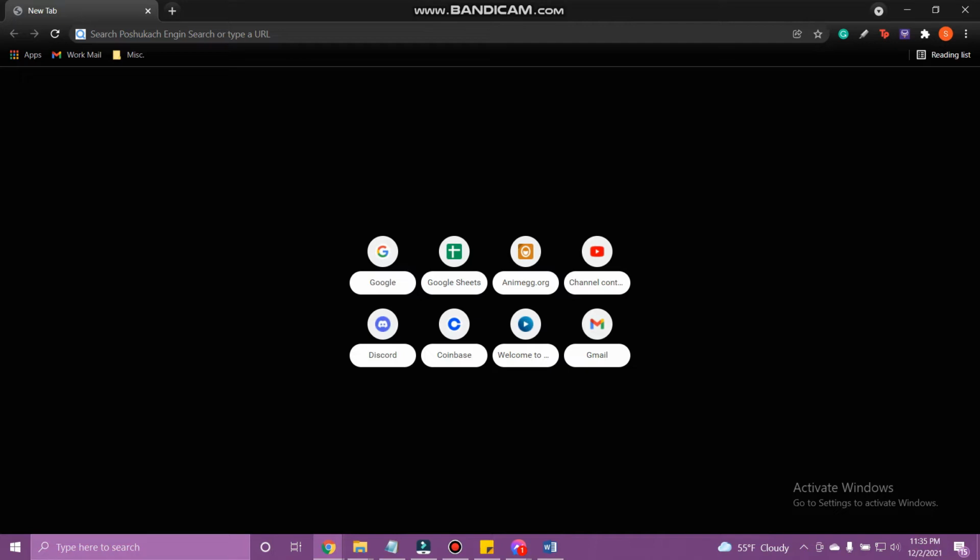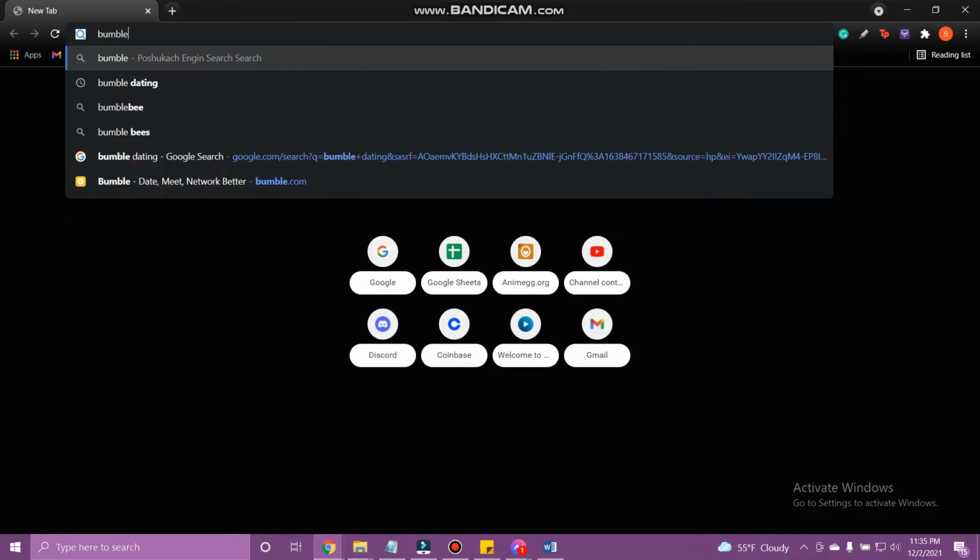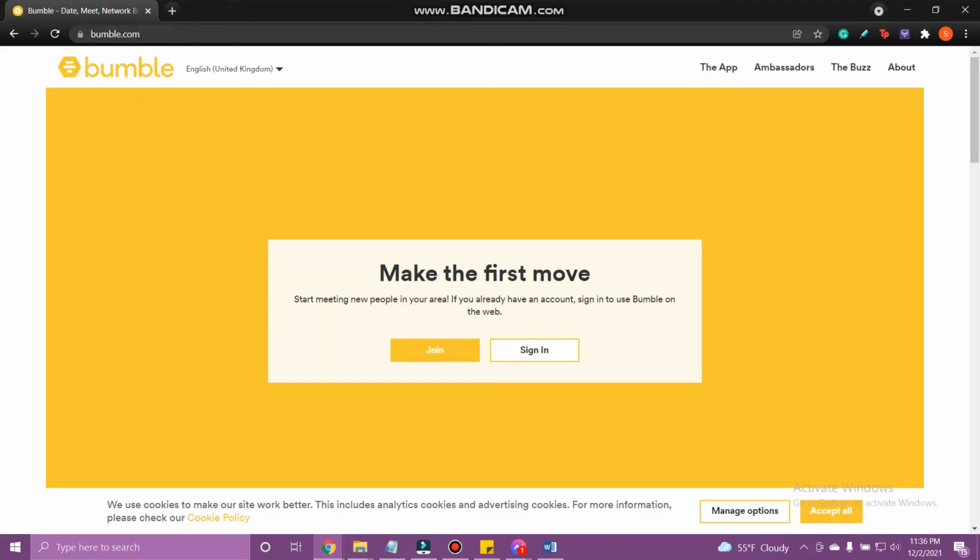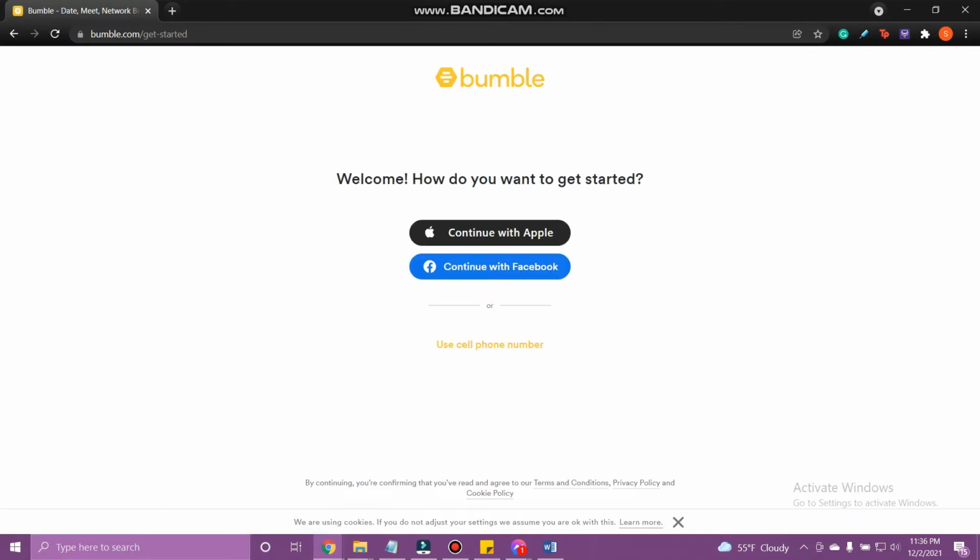At first, open the web browser on your device and go to bumble.com. Here, tap Join. You can choose to continue with Facebook, Apple, or your phone number. We will be using our phone number, so tap Use cell phone number